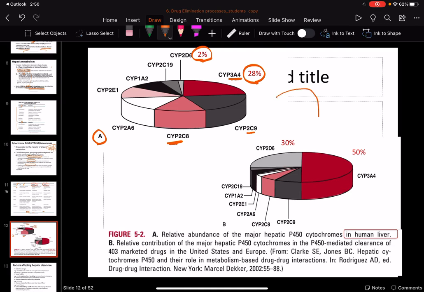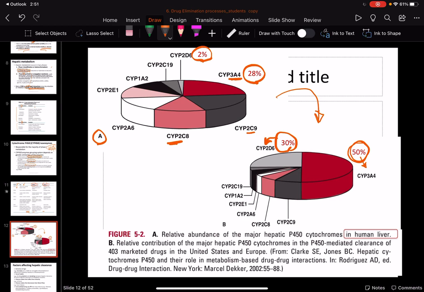But when we see how much 3A4 and 2D6 contribute to hepatic metabolism, we can find that 50% of the drugs, at least in this study, are metabolized by 3A4 and 30% by 2D6. The take-home message from this is that even if the abundance of those enzymes is not that much among the hepatic enzymes,